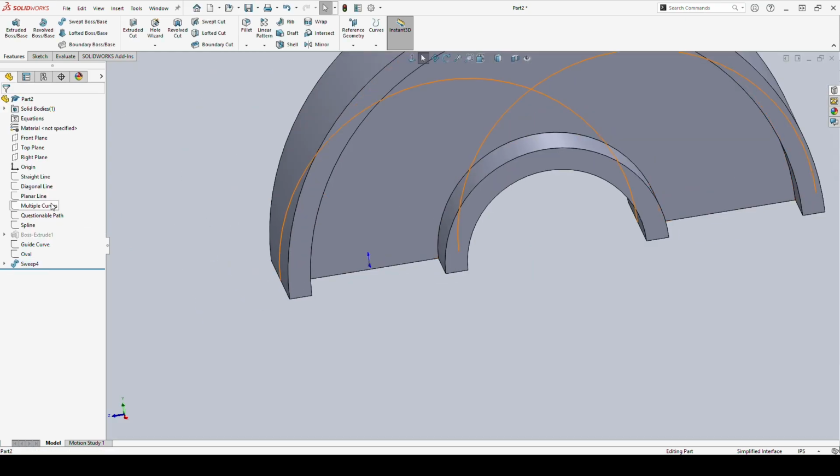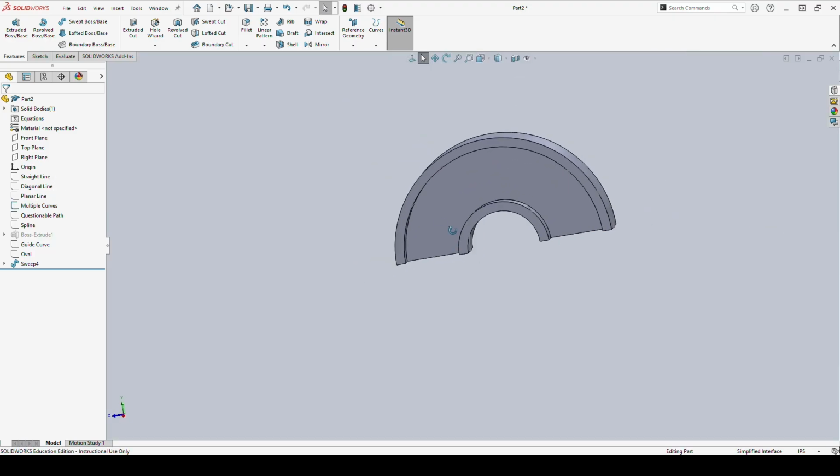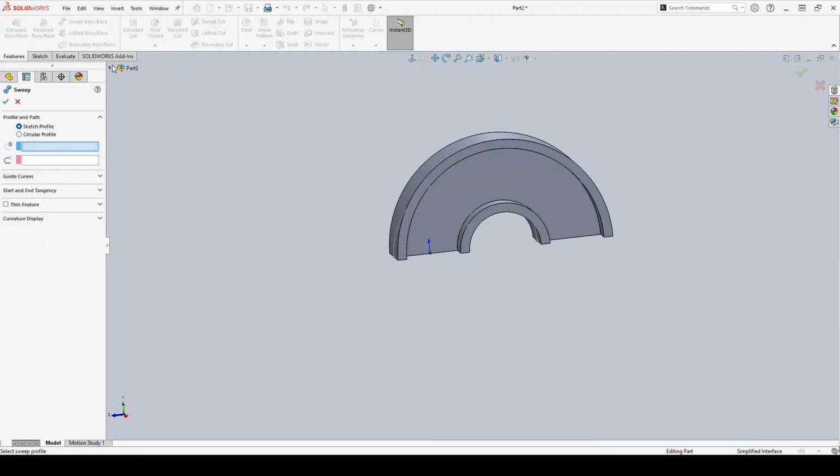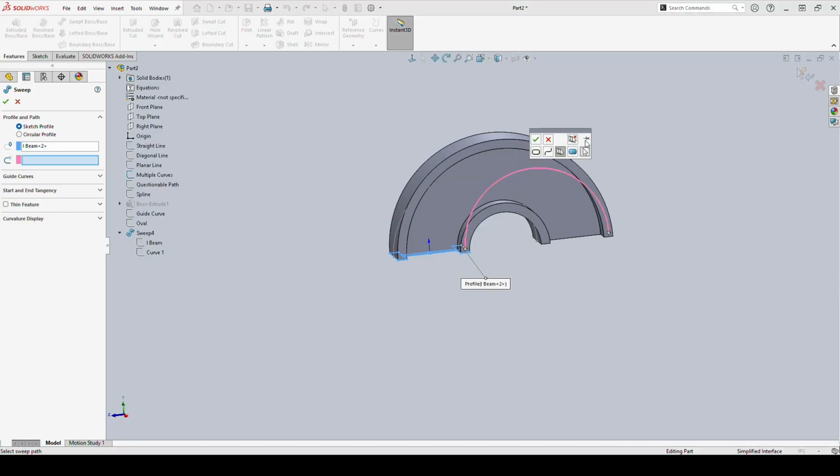Okay, with this, a little bit on how this works. So I actually have a few lines here. I've got a couple of different arcs that I'm going to look at. And the first one I'm going to do is I'm going to go ahead and do a sweep, and I'm going to change my curve to be one of these two. Now, since these two are in the same